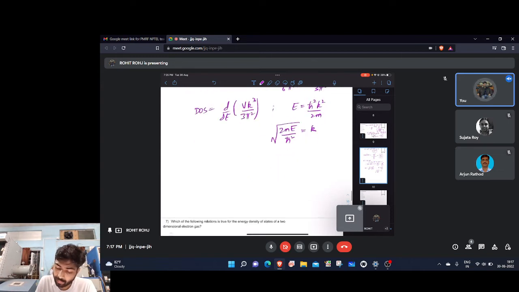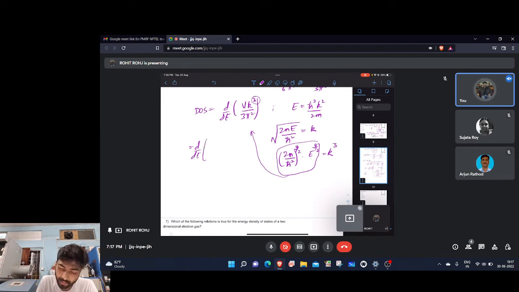One can separate it in the following fashion: 2m by h cross square to the power half, and E to the power half would be k. Since we require k cube here, we cube both sides, so the k cube value becomes this. After plugging in this value,